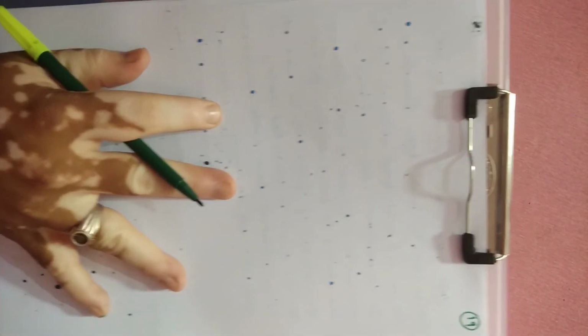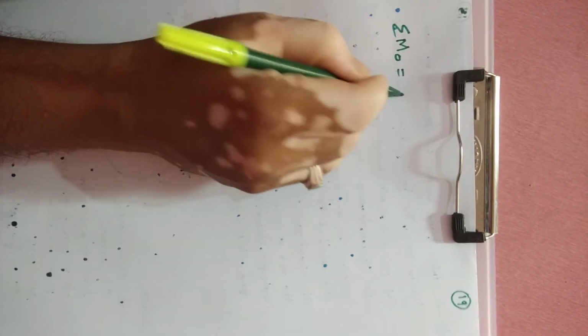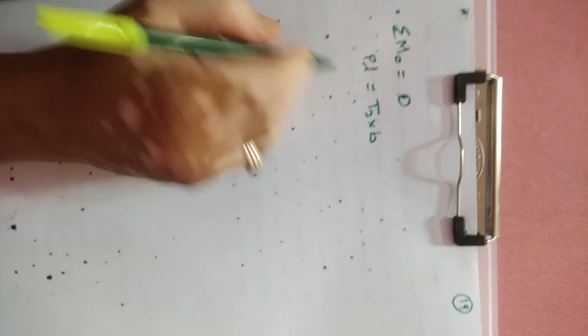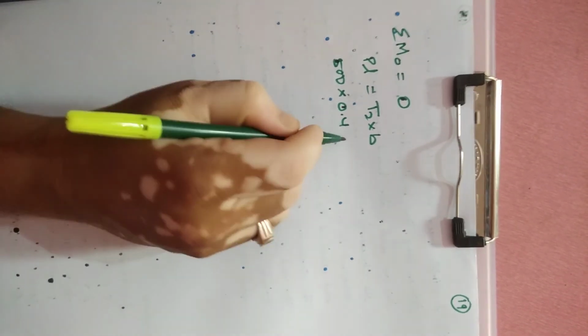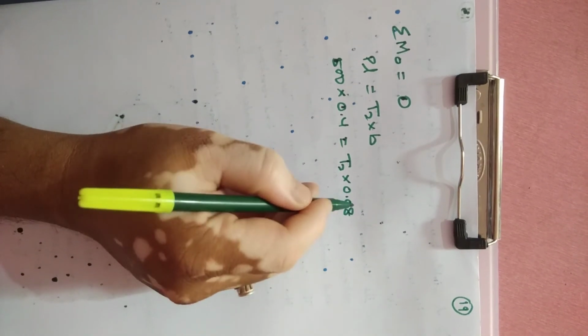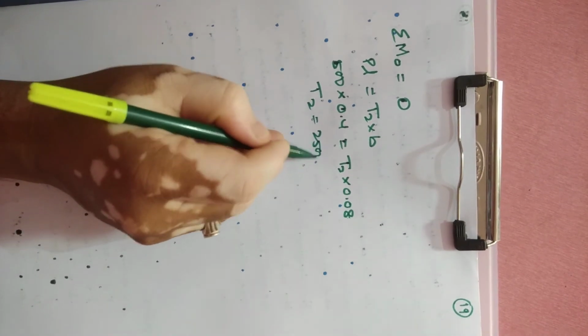To find out the braking torque, in the same way as we have already seen in the expressions, summation of M0 is equal to 0, that is P L is equal to T2 into b. As we know, P is 500 and L is 0.4, and T2 into 0.08, this is the value of b. Then T2 will be 2500 Newton.